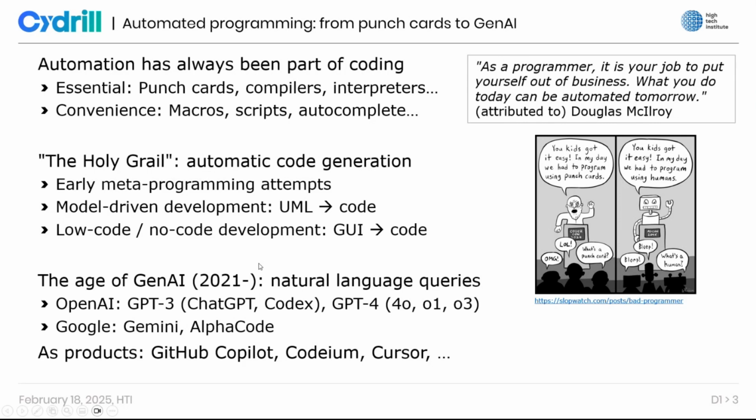But the really big advance here, of course, in the last few years, was the age of generative AI, and that's why we are here today, which can create code based on natural language prompts. Natural language here, of course, means something like English or maybe Hungarian, if you want to be crazy about it, which will turn this into code in some way. And this is possible due to the backing of so-called large language models that are called transformers, which, if I want to simplify it, are basically a very smart autocomplete, where we start typing something and they finish the sentence in the best way that makes sense according to them.